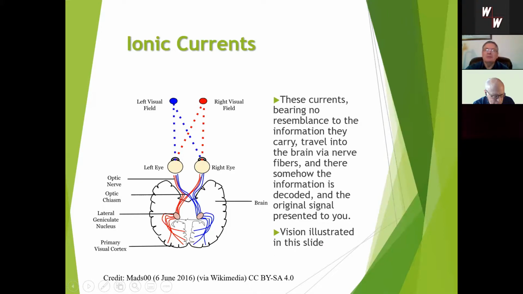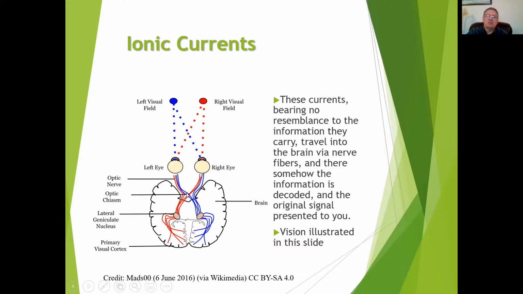Now, the two optic nerves, each contain roughly 1 million or so nerve fibers, and they become optic tracts once they pass through the optic chiasm, which is where roughly half of the nerve fibers cross over from each eye, and the optic tracts then